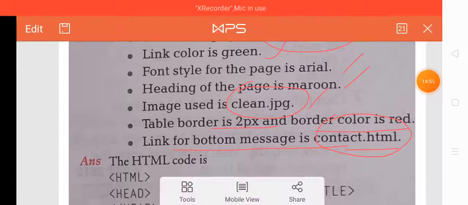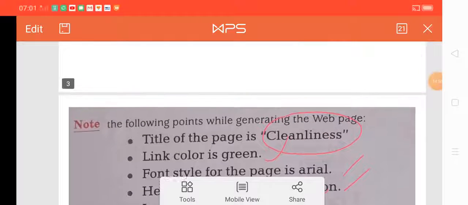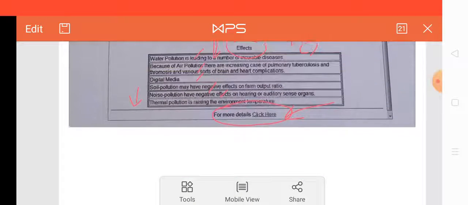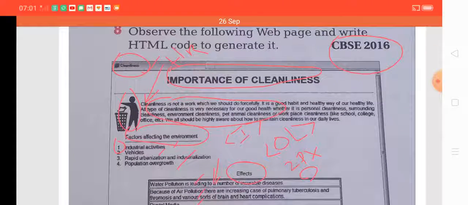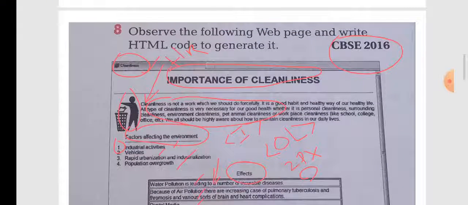Now I think all the concepts are very clear to all of you, what type of tags are used in this page. So in this type of question, one thing is also very important, and that is when you write code for a particular web page and you apply the tags correctly, then marks will be provided accordingly.